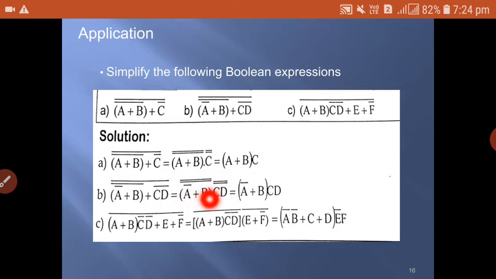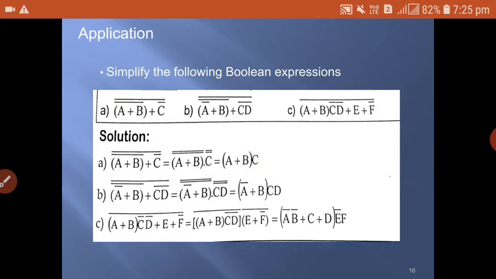Okay. So again with the help of De Morgan's laws, we can simplify the given expression. Take the third example, (a plus b into cd) whole bar plus (e plus f bar) whole bar. Again, this is of the form (a plus b plus c) whole bar. You can simplify it as a bar into b bar into c bar. So again I am writing the same thing so that you will get the minimized expression a bar into b bar plus c plus d into e bar into f. So all these examples are minimized only with the help of De Morgan laws.